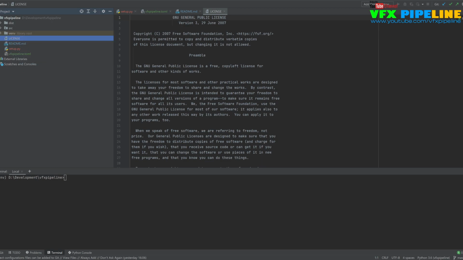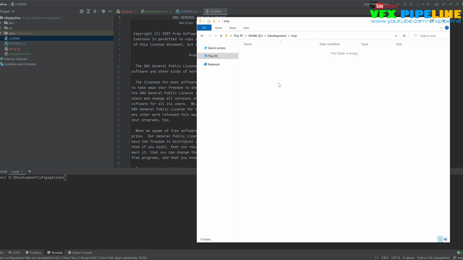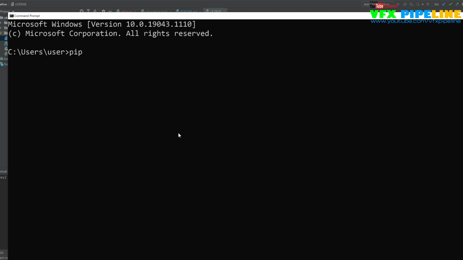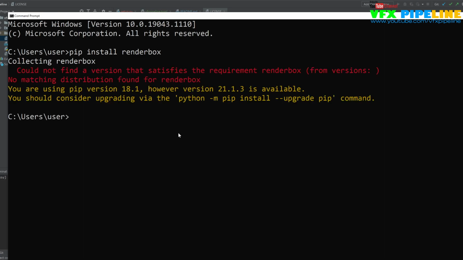Okay, so this is just an intro to what I did here, but now I want to create a new sample for you. Right now, if I go here and say pip install renderbox, there is no renderbox available. But I want this renderbox, which is a kind of tool I'm writing, an open source tool. So I want to add this package there.